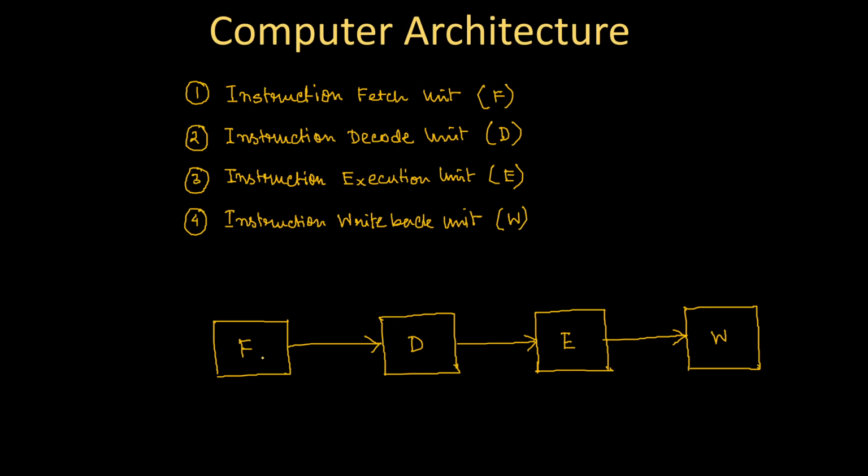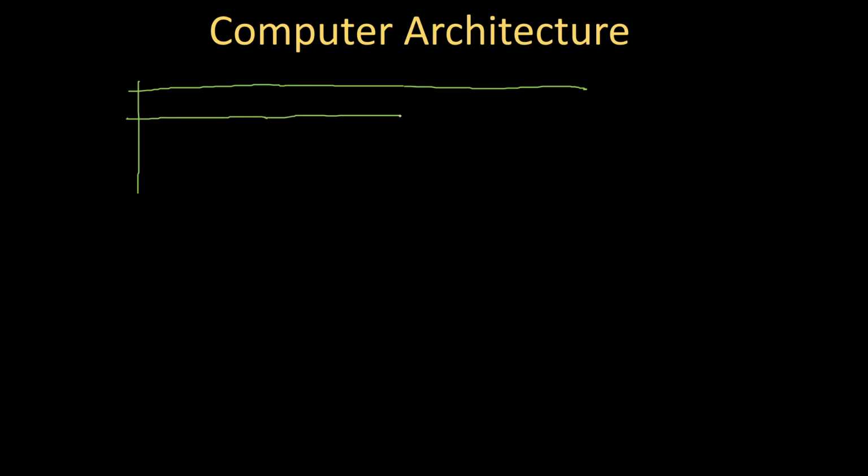So if I represent this situation with a diagram, with a table, let's see how it will look. Suppose the table looks something like this. Assume we are representing the timing on the x-axis, and on the y-axis we are representing the stages or the components, whatever you can consider. The rows are representing the stages. That means I have to draw 4 rows.